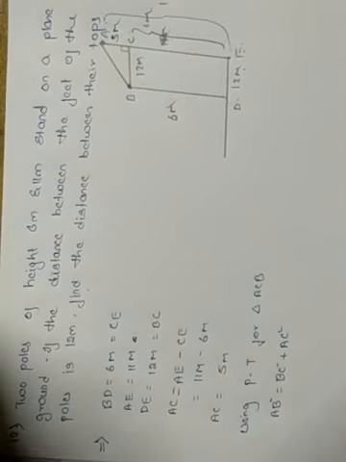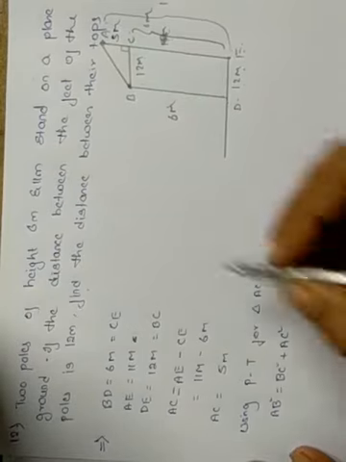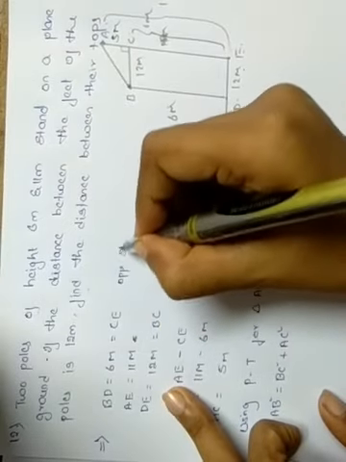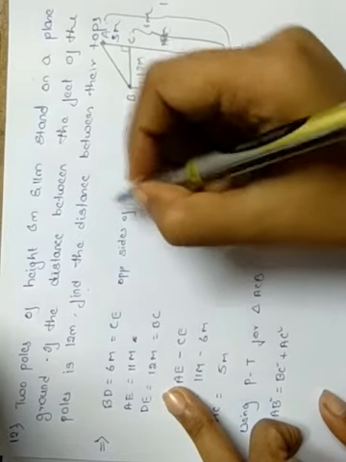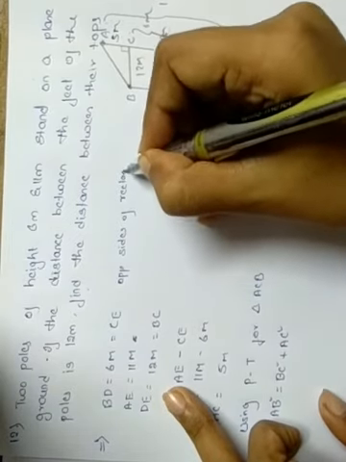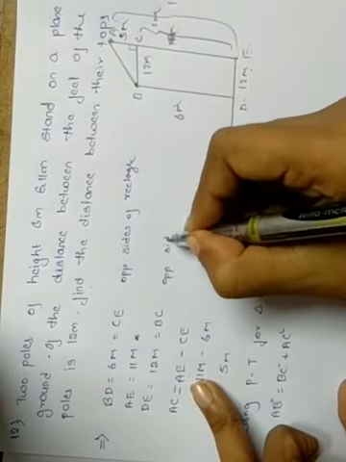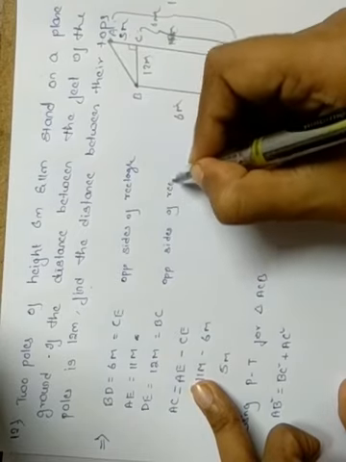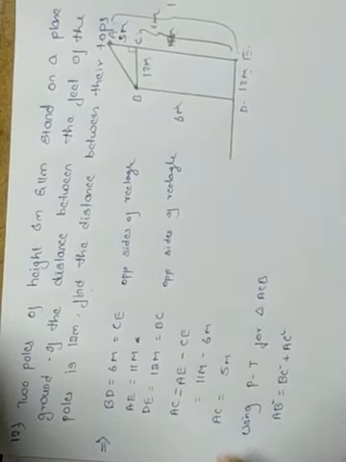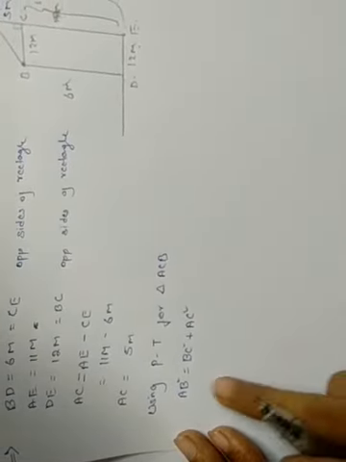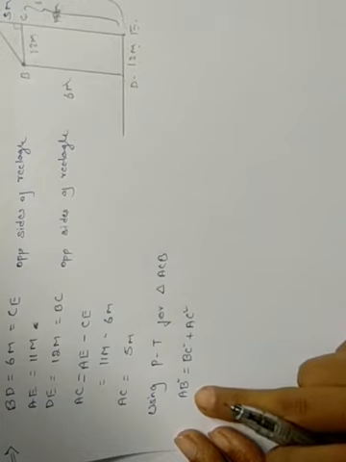This one you have to find. This is homework for you. And here we'll write the property of why these two are equal: because they are opposite sides of a rectangle, and here also the same thing, opposite sides of a rectangle. Finding the distance of AB is homework for you all. Next we'll move on to problem 13.